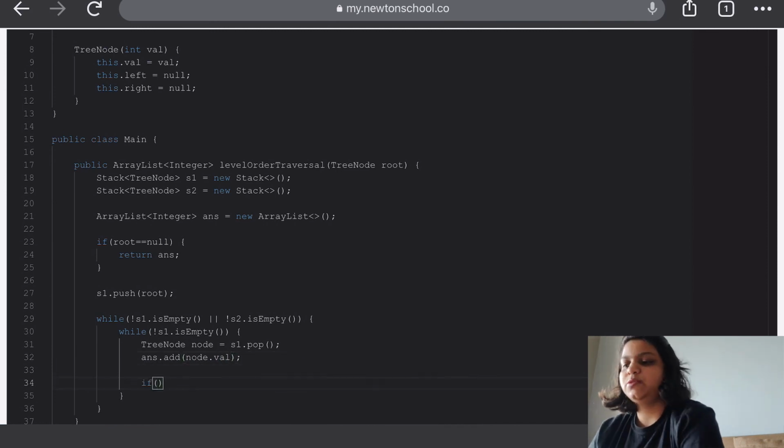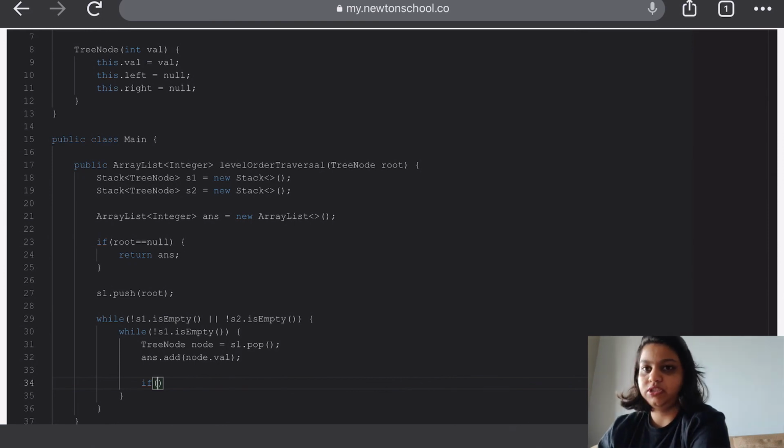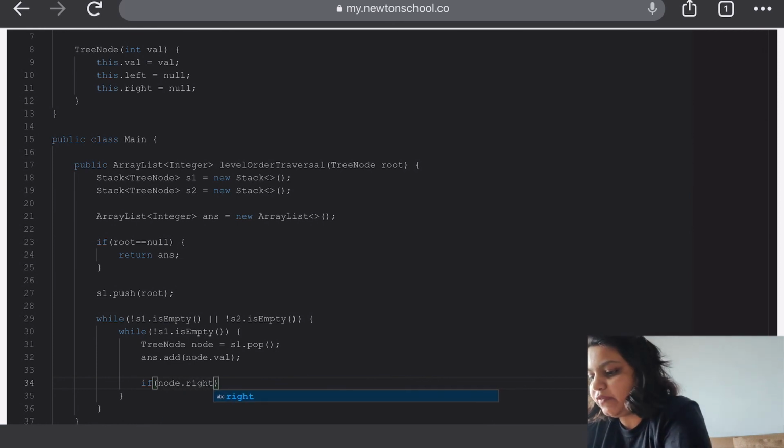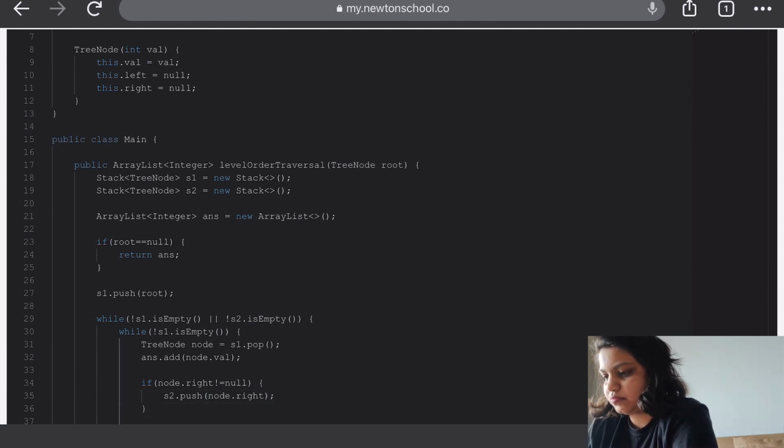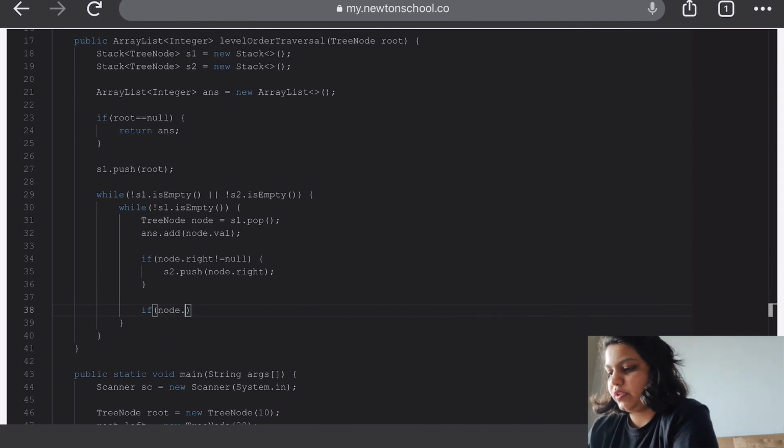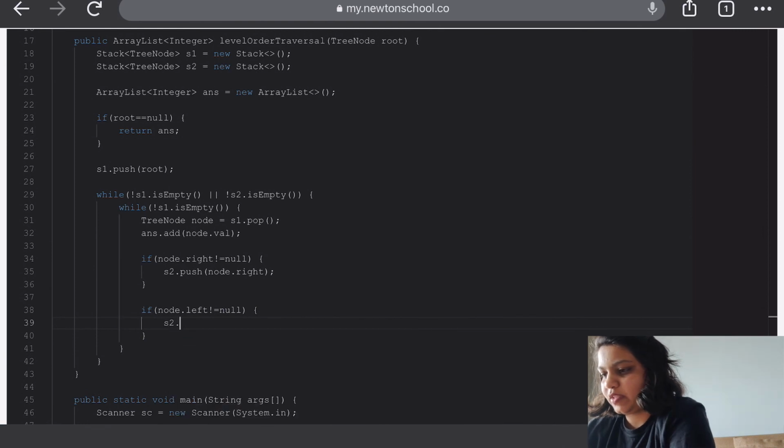Since S1 is R to L and S2 is L to R, for L to R the left child has to be inserted last. So we first check if node dot right is not null, then we insert that in S2. If node dot left is not null, then we add node dot left in S2.